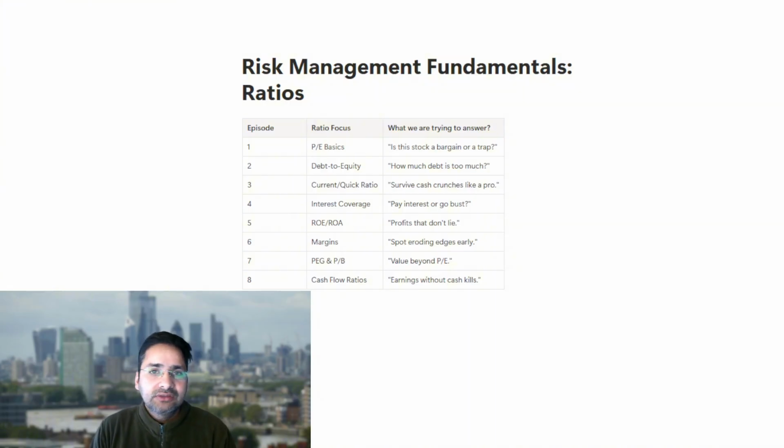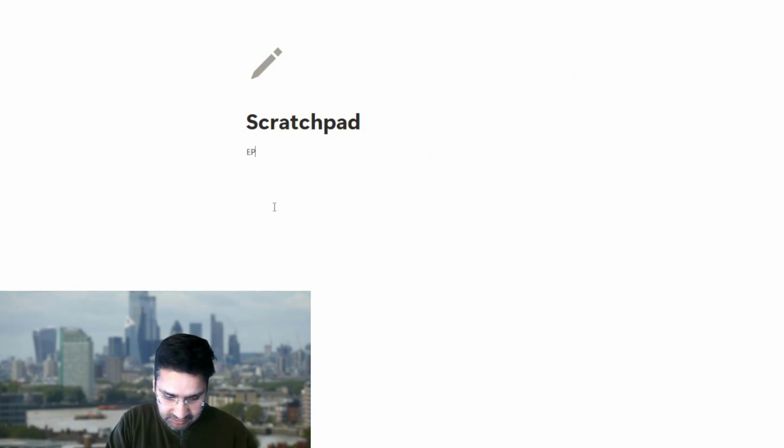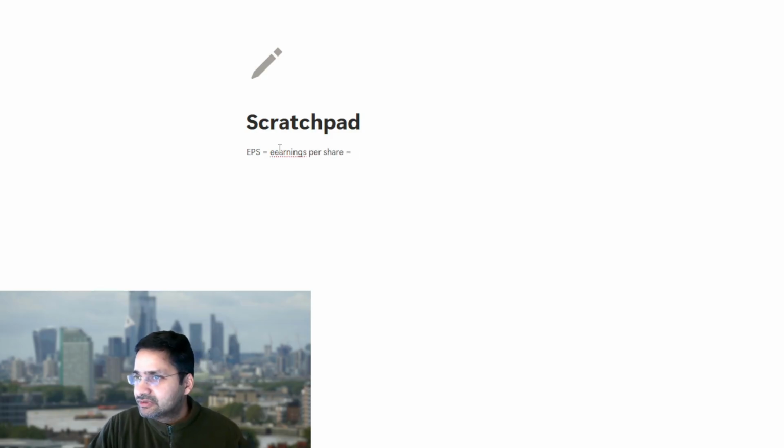What this is going to answer is whether this stock which I'm looking at is a bargain or just a trap. That's the exact thing which price to earning ratio tells you. Now, before I tell you what a price to earning ratio is, I must tell you what is something called EPS, that is earnings per share. And as the name suggests,